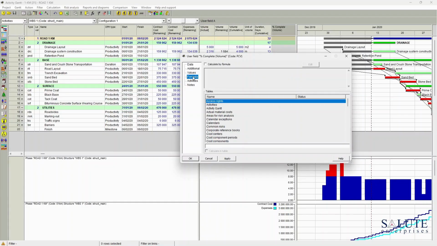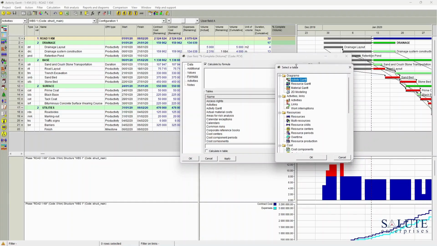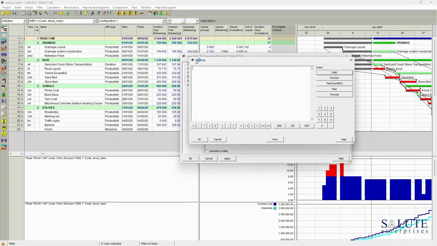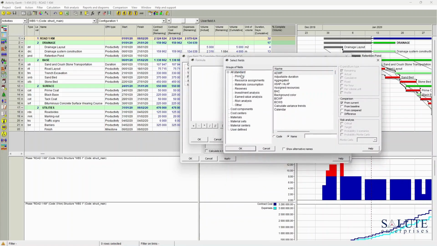Let's go into the formula area, and I'm going to use that tick in the box to say this field is calculated based on the formula. Which formula we will define by going to the Edit, select the table. I'm going to choose Activity Gantt table, and for the formula, I'm going to bring in the fields for calculation. You can use the field selection option, go to the field list, and you can search for